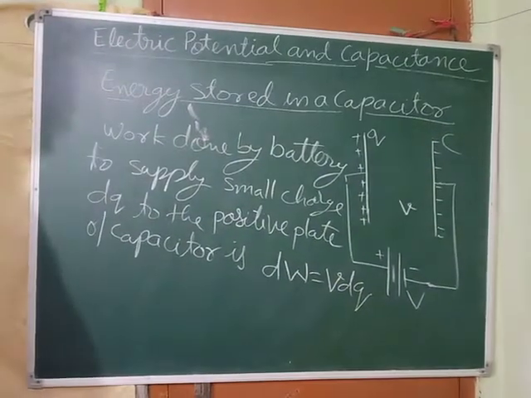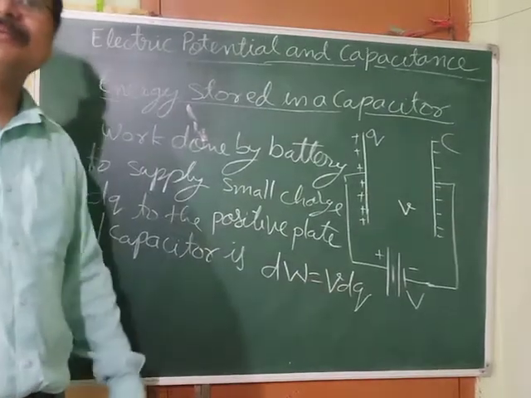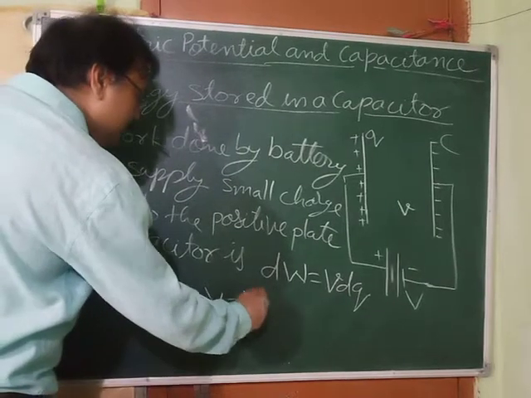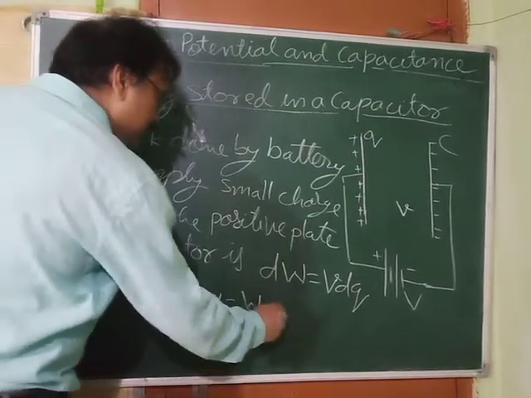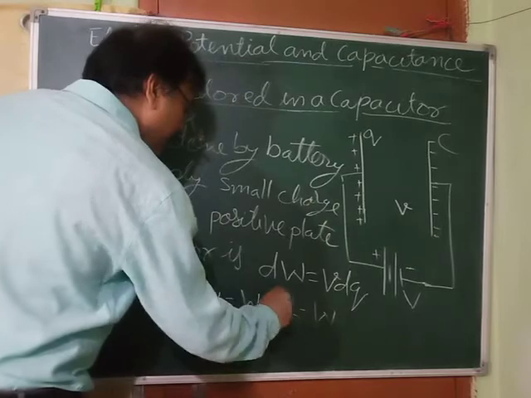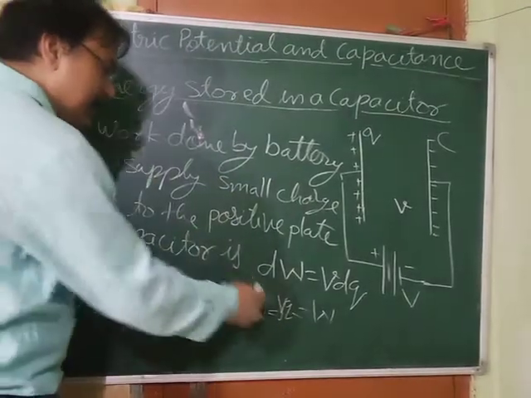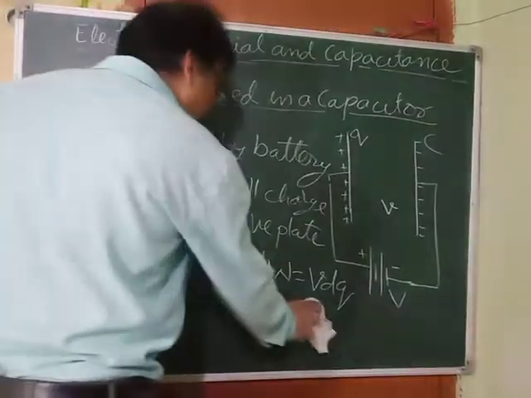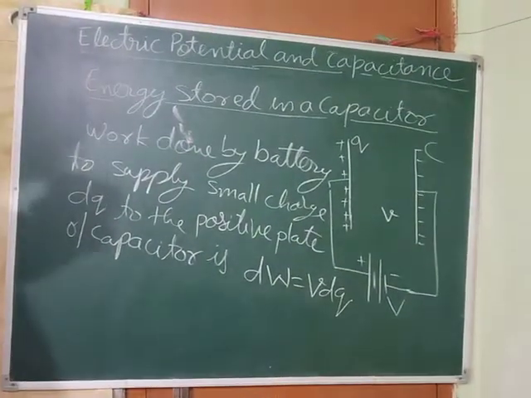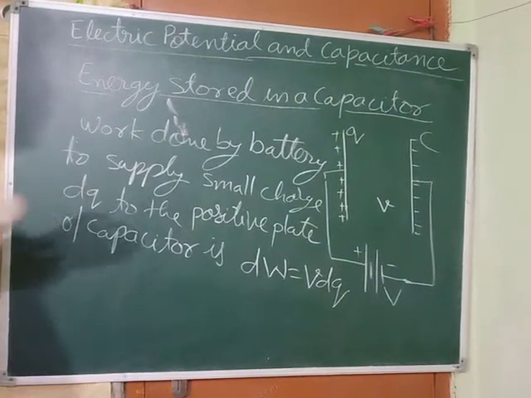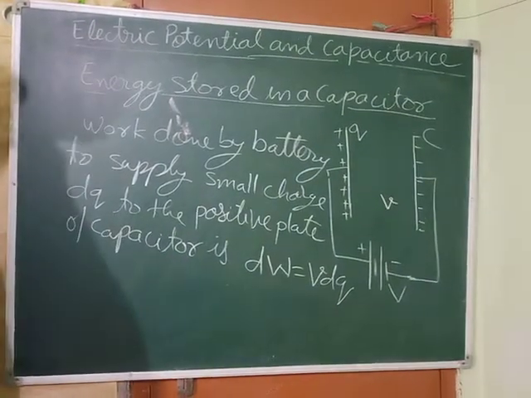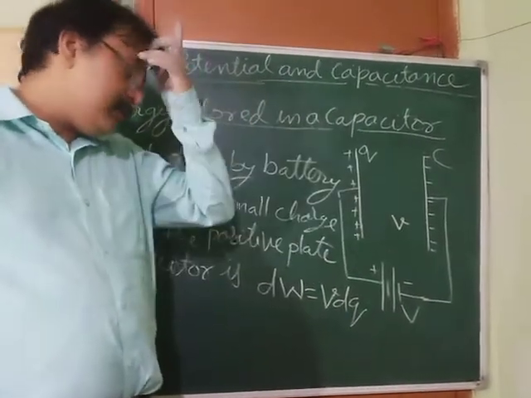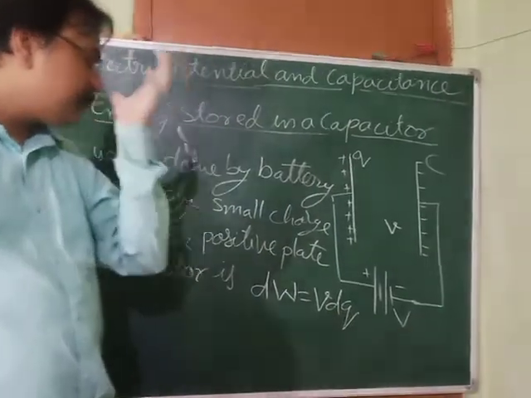Now from where I got this, just remember class 10, what was there? V is equals to W by Q was there. So W is equals to V into Q. As charge is less, so work done also will be less. Got it? So that has come from class 10. Okay, don't worry. Now in class 12th also, during potential we have defined this. Now this much work the battery has to do to provide it dq charge.